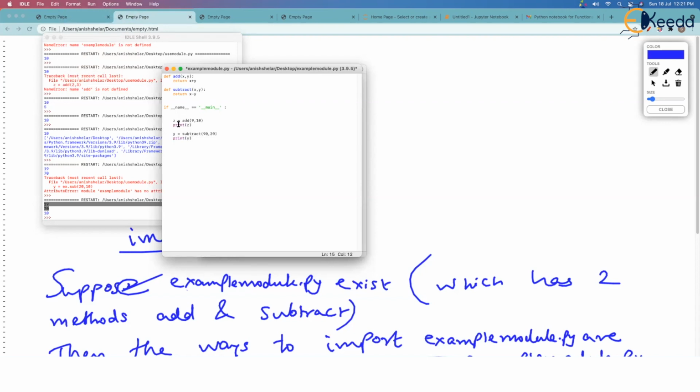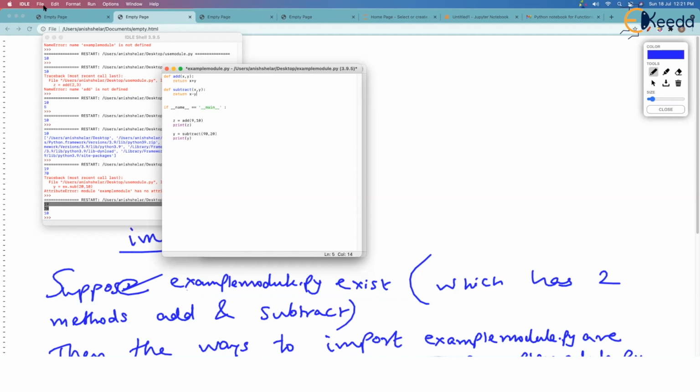Now you watch. The rule is so simple. Listen very carefully. If we run example_module.py, that means select this and run this file, then this code will run. But if we are importing this module in some other file, then this code will not run. Only that code will run which we are calling, like calling add or subtract. But this code will not run if this module is getting imported.